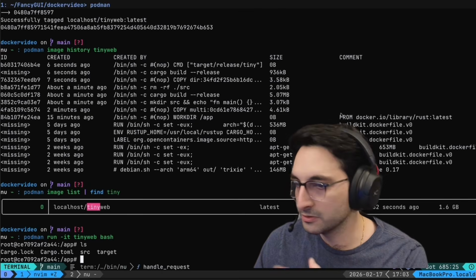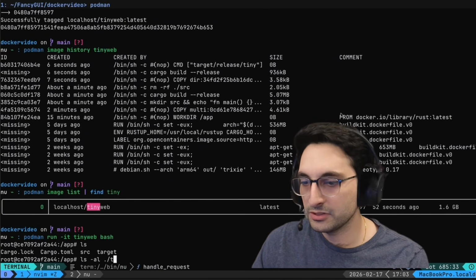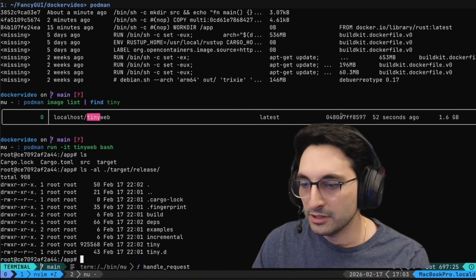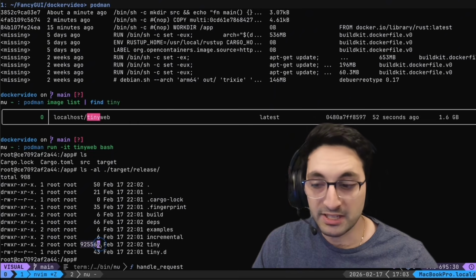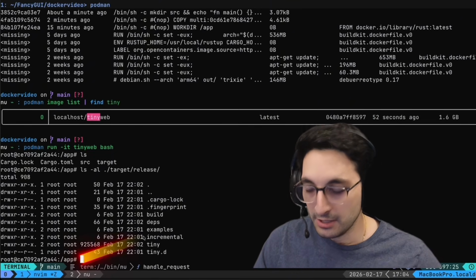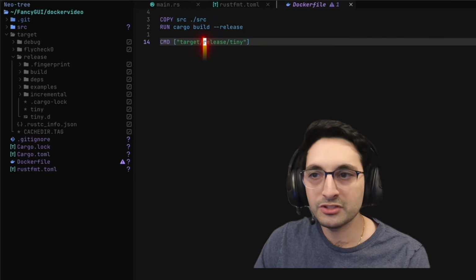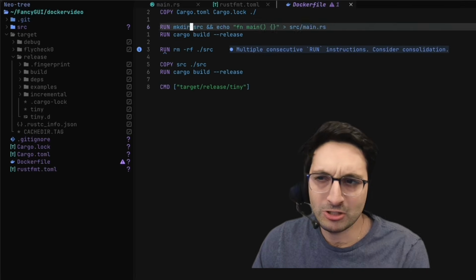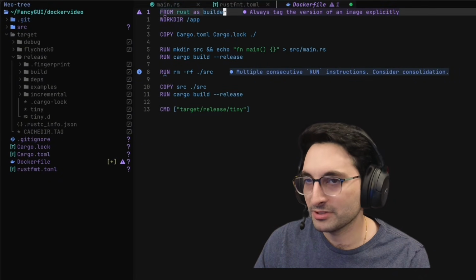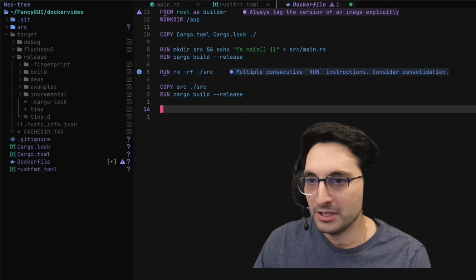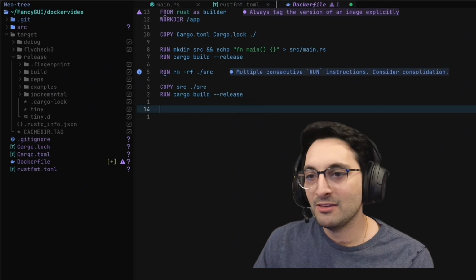We have that Cargo.toml, the Cargo.lock, source, targets, the whole thing. And if we do ls -al into the target and release, you can see that the actual tiny binary is here. And that's all really we need to run this image, right? So what if, let's get rid of this guy here for a second. What if in this Dockerfile, we just rename this here as, I don't know, builder to build something. And what we can do, let's not run a command or anything right now, but let's say we do a